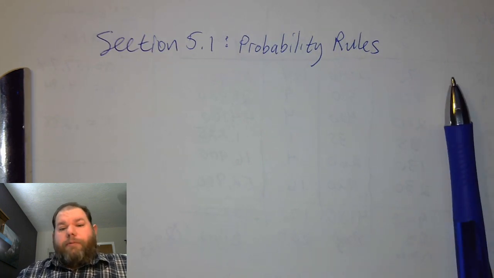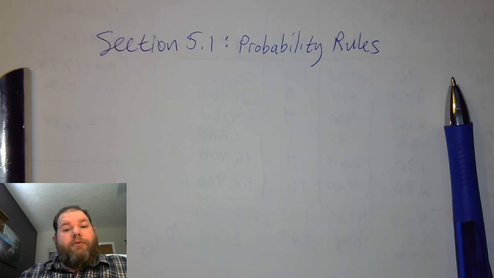So today we're going to start Chapter 5, which is talking about the topic of probability. Everything that we did in Chapters 1, 2, and 3 was working with how to get samples, how to make charts out of our data, how to calculate statistics from our data, and how to do some of the basic analysis of our data. So in Chapter 5, we're moving completely past that into the realm of probability.